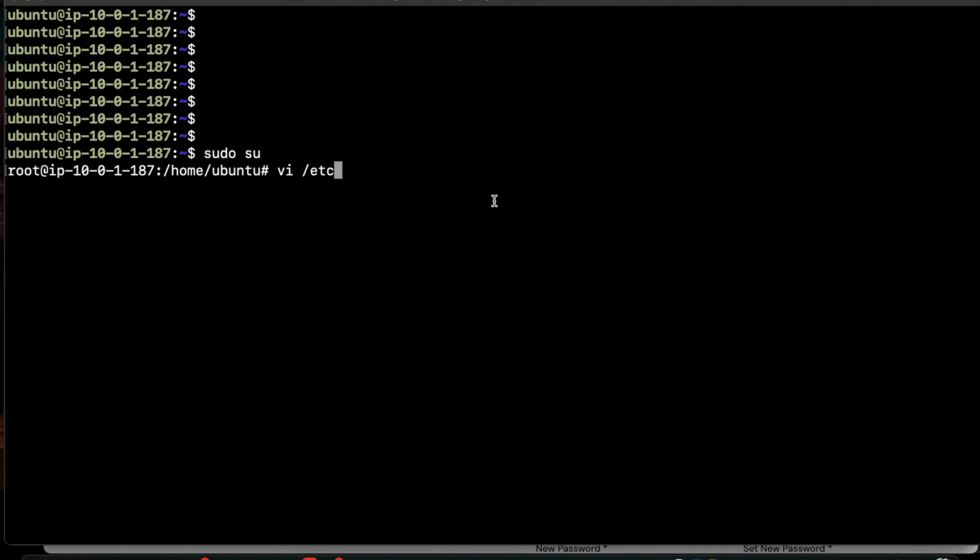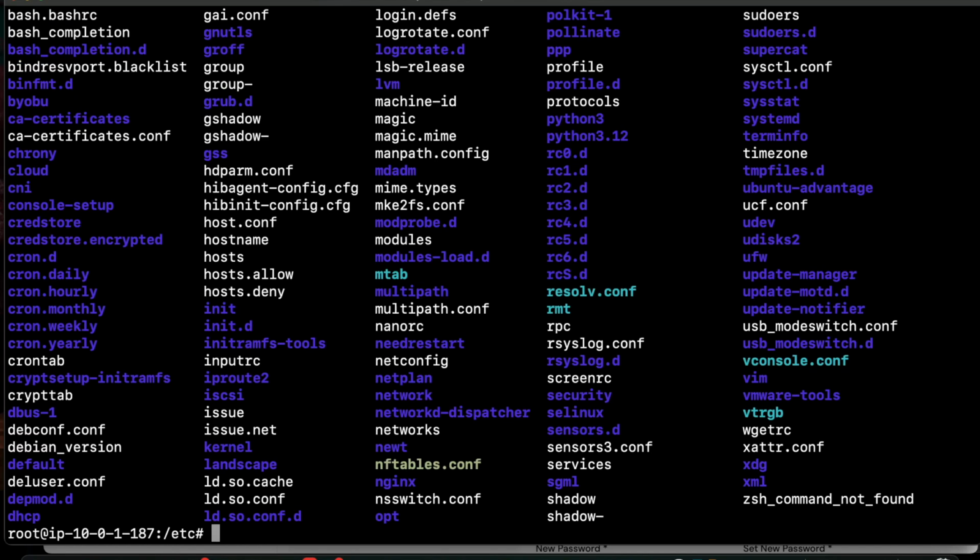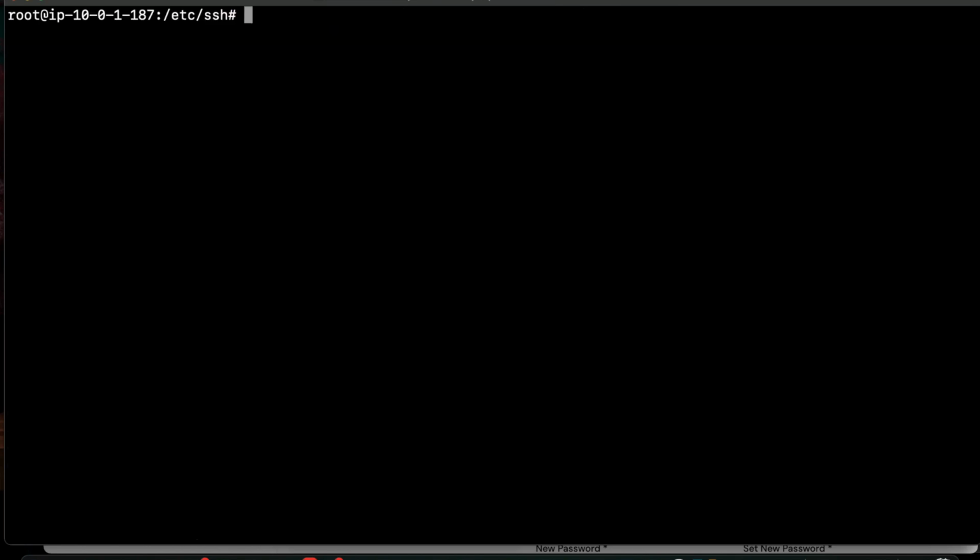So let me explain one more thing. We have absolute path and relative path. So absolute path means even I can go to /etc, I can look for ssh. So let me go back, let me get into ssh. So not .sh, it's ssh. So let me go there. So if I do pwd,